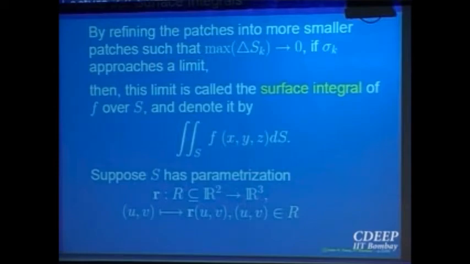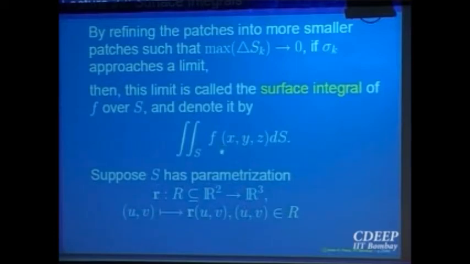But one can prove it rigorously when we have this parameterization and f is continuous. Of course, you have to say that this S should be nice, right? It cannot be the whole of, say, the xy plane. Even the double integral doesn't make sense over the whole of the xy plane. It should be a closed bounded kind of region. So we assume that R, the domain of (u,v), is a closed bounded set in the uv plane.